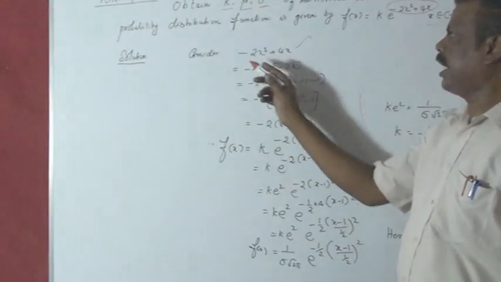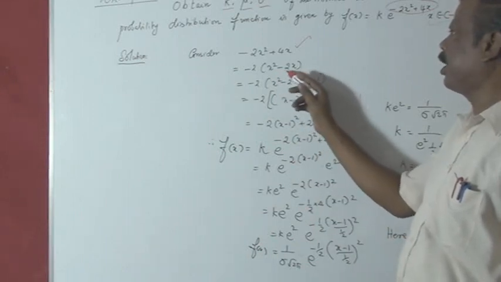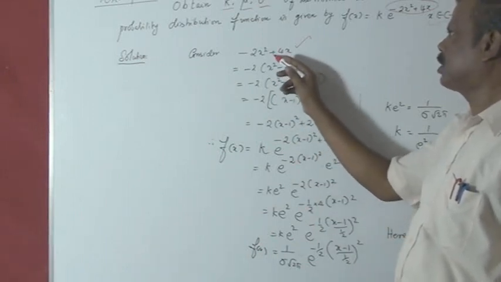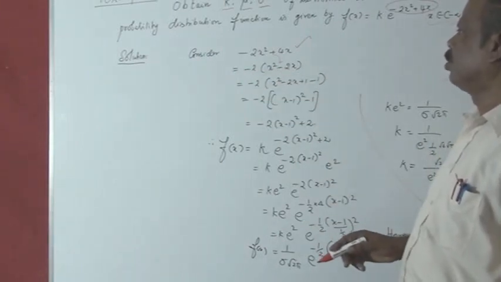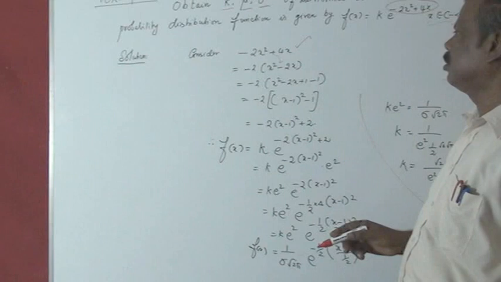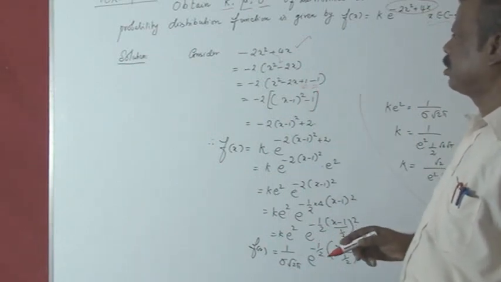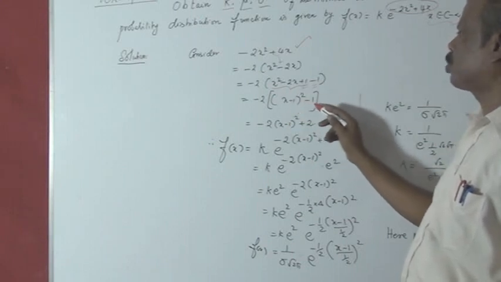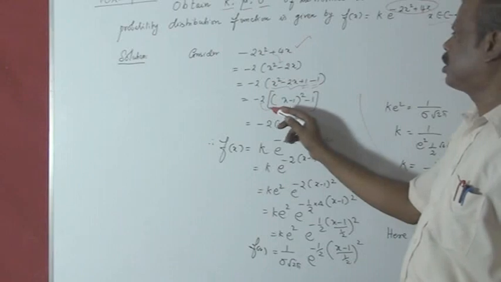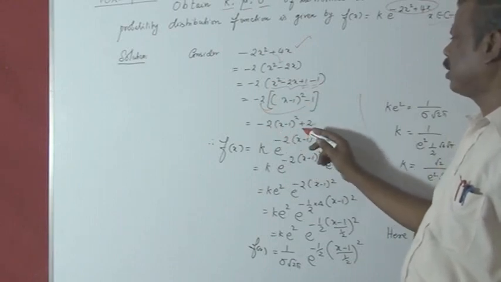From this we can take minus 2 as common factor. So we will get x square minus 2x. So this plus becomes what? Minus, because we have taken minus 2 outside. So we want to make this a perfect square. So we have to add and subtract 1 inside this bracket. Therefore, this becomes x minus 1 the whole square minus 1. When you multiply this with the 2 terms, we will get minus 2 into x minus 1 the whole square